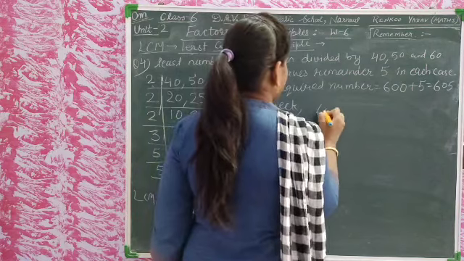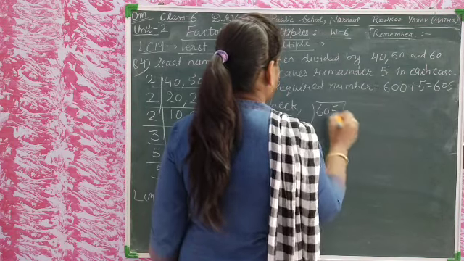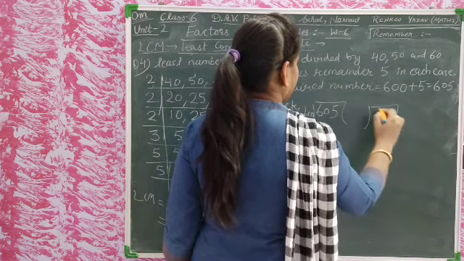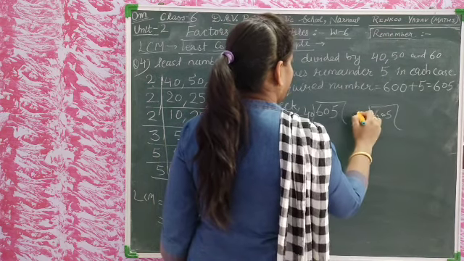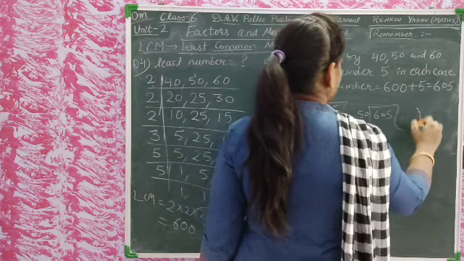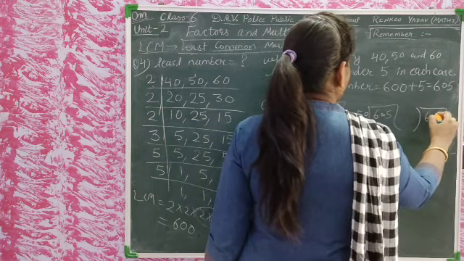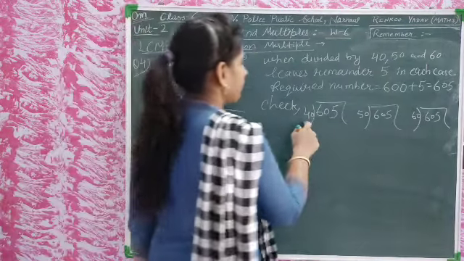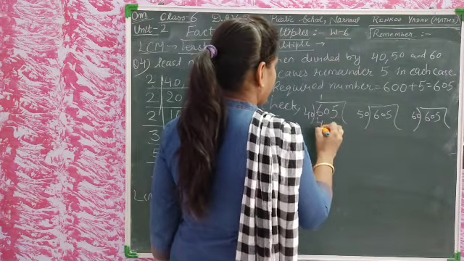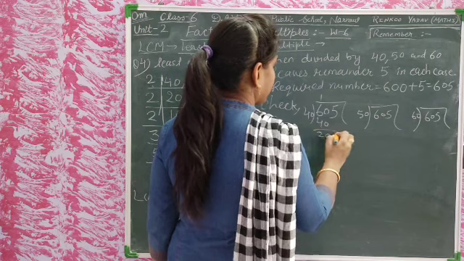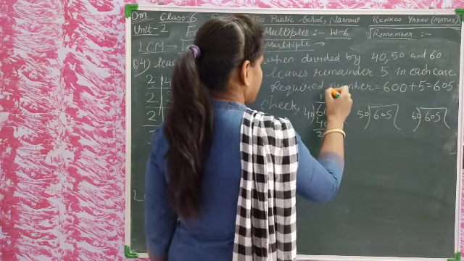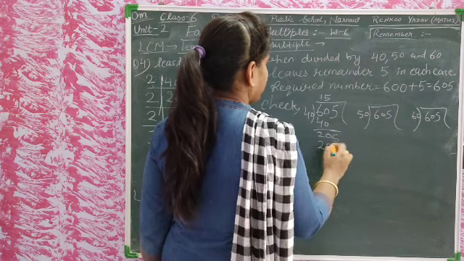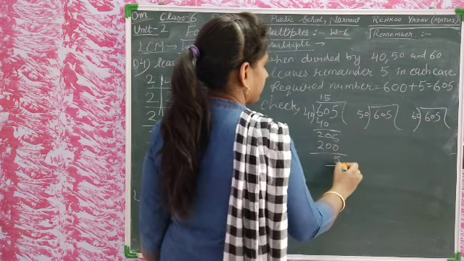Let's see there, 605 divided by 40. 605 divided by 50. 605 divided by 60. Is this clear, students? Now we will divide 40 1 ja 40. It will get here 20 and 5. This is 5 4 ja 20, 0. 200. There must be the 5 as remainder.